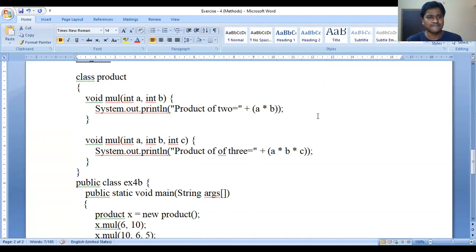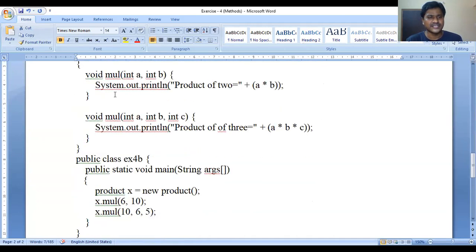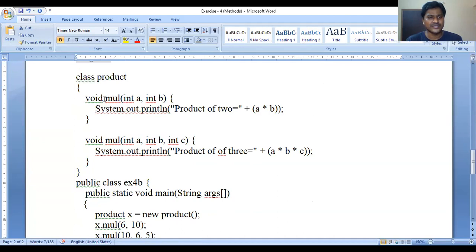See here, consider a class Product, and this class has one method called multiply, expecting two parameters a and b, and it simply displays on the screen the product of the two values, a into b.